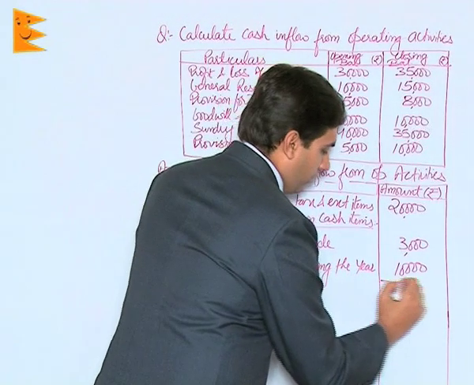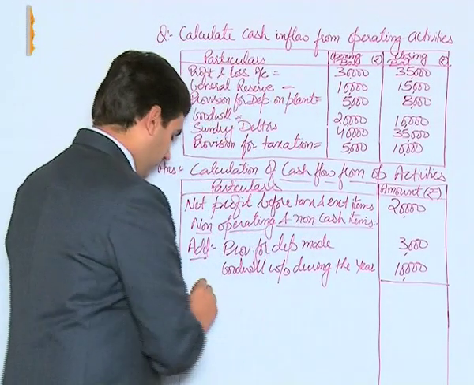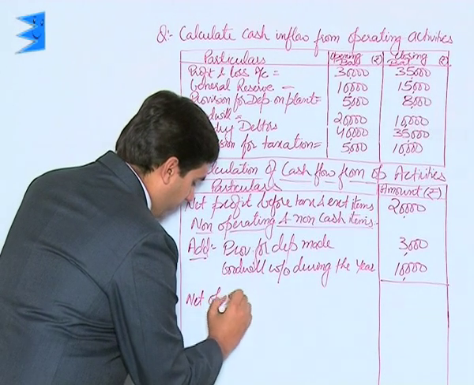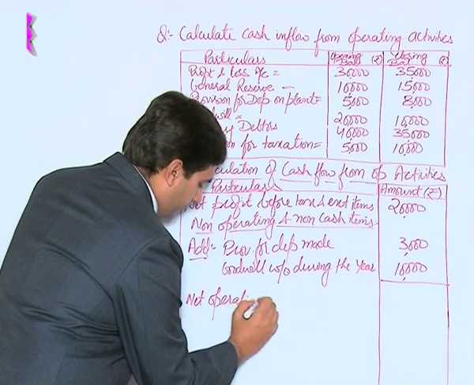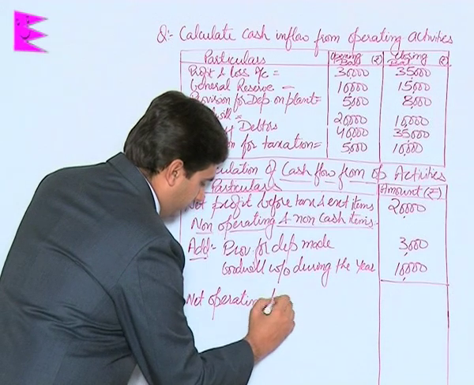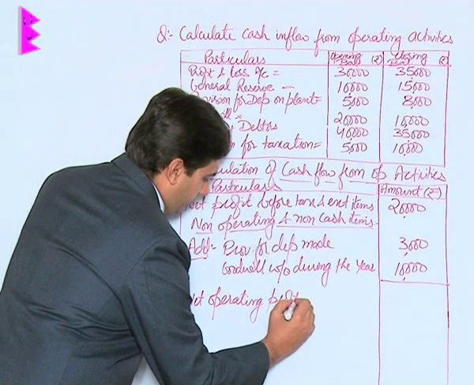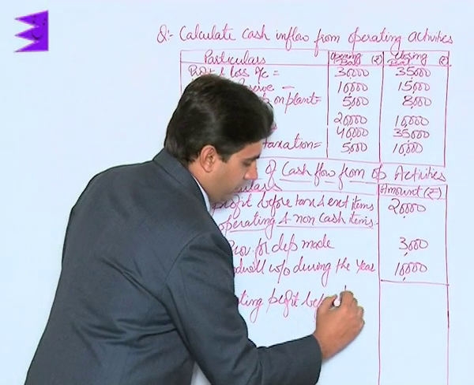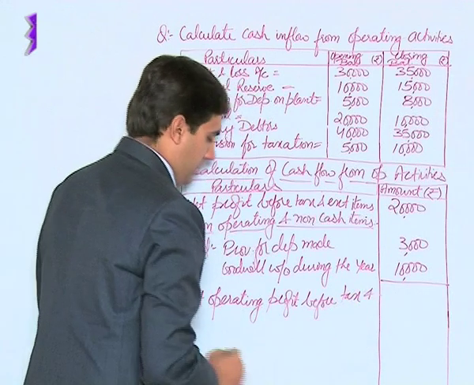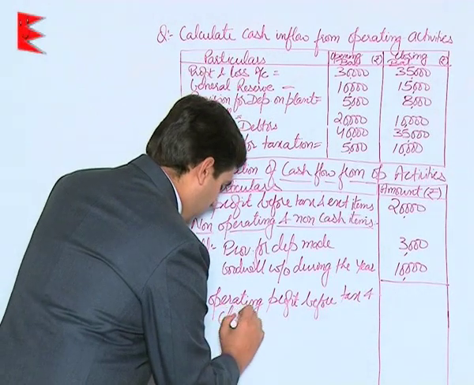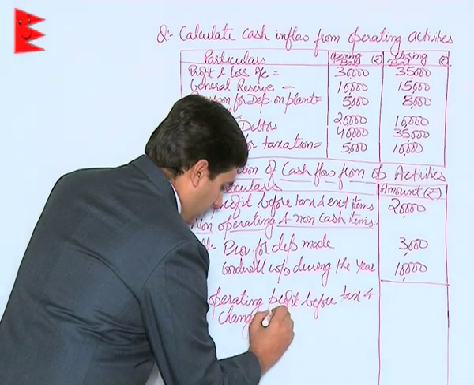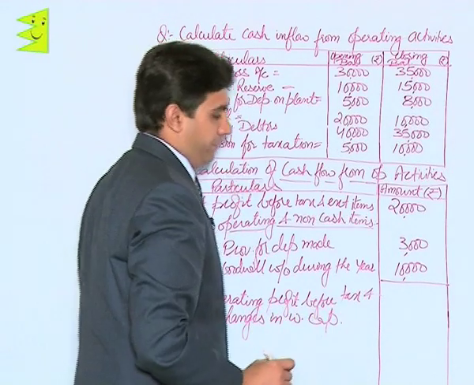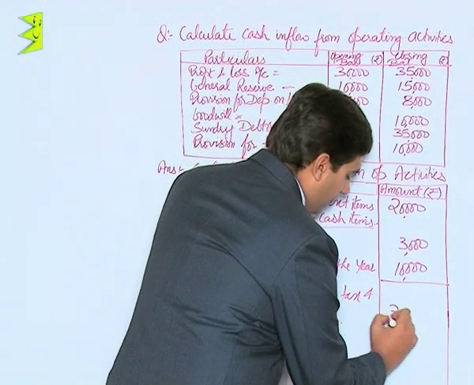So let us total it out and we will get net operating profit before tax and changes in working capital. It comes to rupees